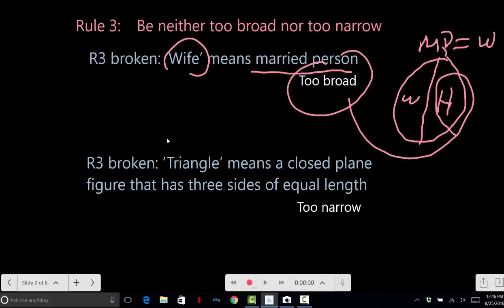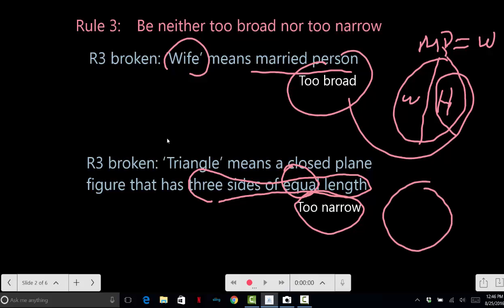So now let's look below at another instance in which Rule 3 is broken. This says that the word triangle means a closed plane figure that has 3 sides of equal length. So this definition is too narrow because there are more triangles than just those that have 3 sides of equal length. Right? The problem here is the equal length. So it's too narrow because all we're getting here are equilateral triangles,